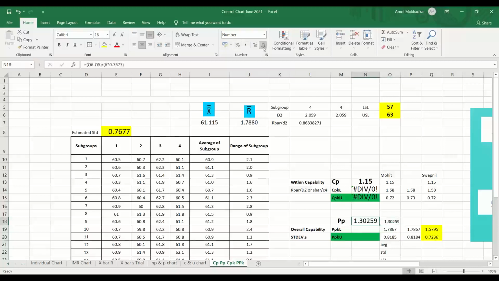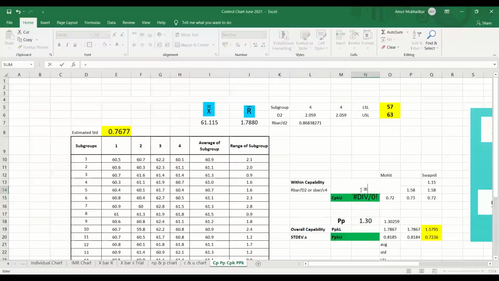So that comes to 1.30 is the PP. Yeah. Okay, Akhil, that is true. Now, when we come to the CPKL, the CPKL formula is X double bar. The value of X double bar, I will take the absolute value.